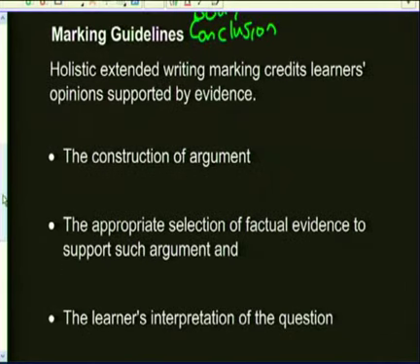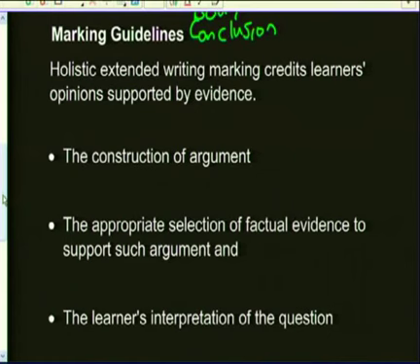These 3 points are very important. The markers will be looking at how you construct your argument and how it develops. Remember, when you move from one point to the next, you use linking words. It has to flow. Okay, you're not writing in point form. This is a coherent piece of writing you are arguing here. So they look at how well you construct your argument.